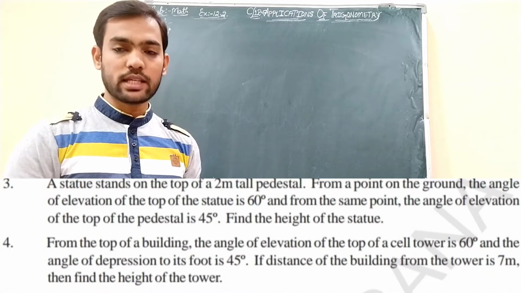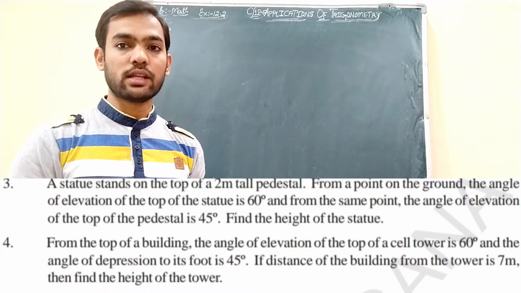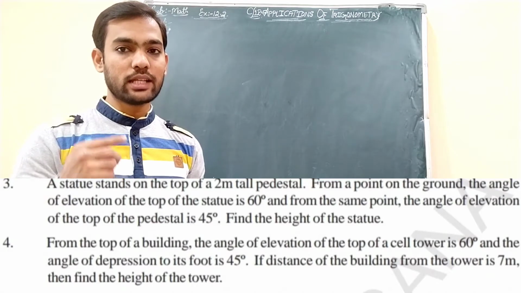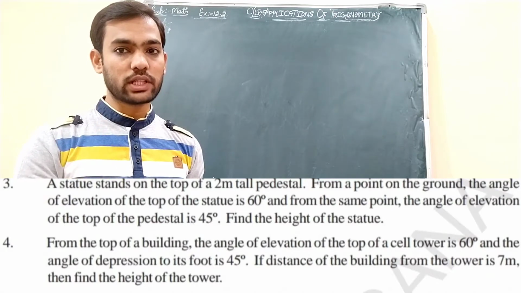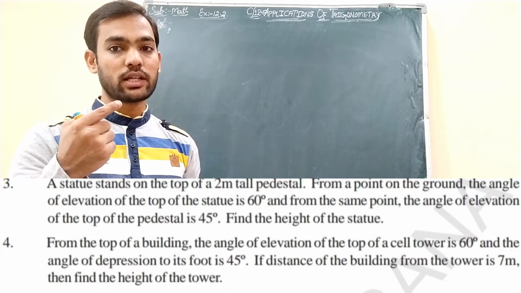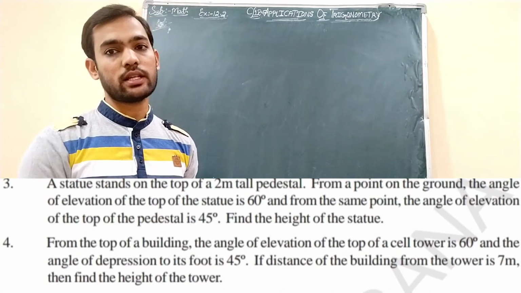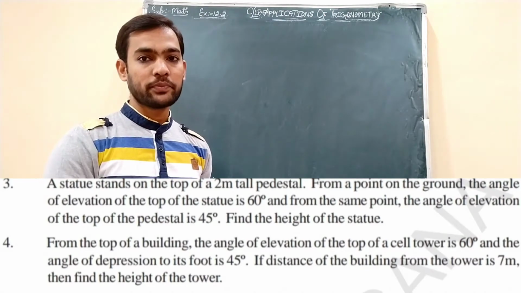As you are standing at the top of the building, when you are seeing the tower, you need to raise your head, and as well as when you see the foot of the tower, you need to lower your head. That is the reason angle of depression is given over here, that is 45 degree. But just by seeing this, you can think that the tower is larger than building, because from the building you are seeing the top of the tower as well as foot of the tower, and the top of the tower angle is angle of elevation, which means you have to raise your head. So that is the reason tower is larger than building.